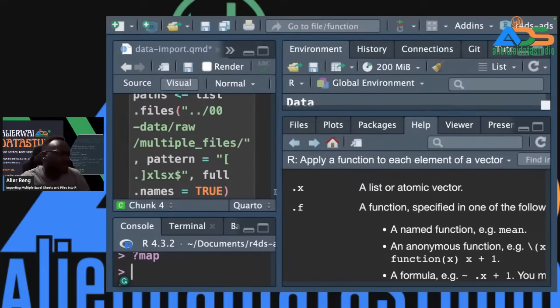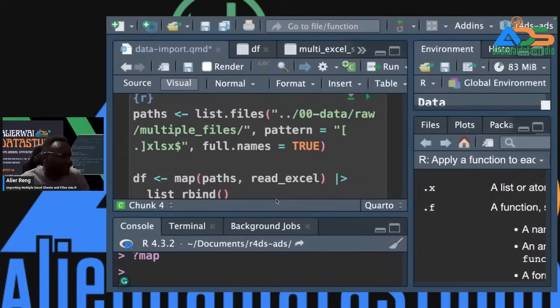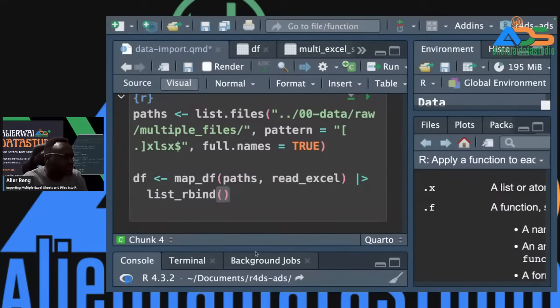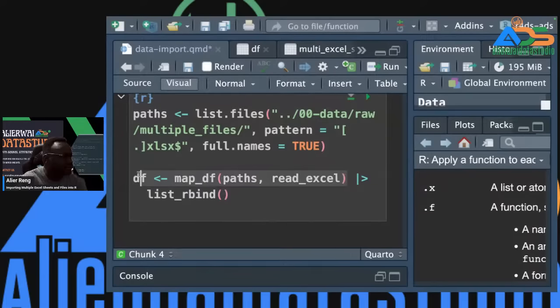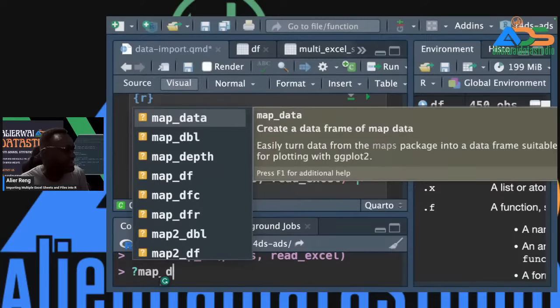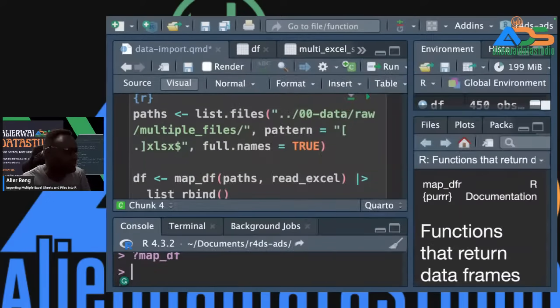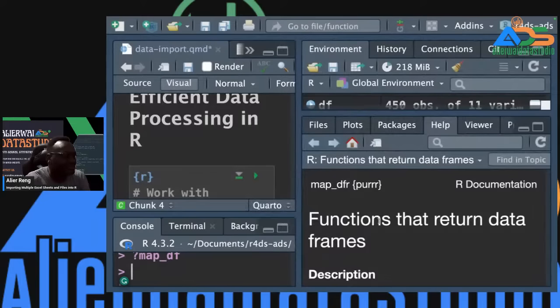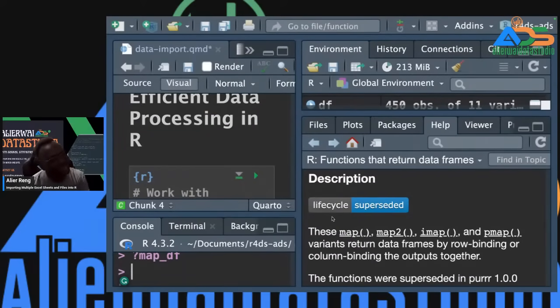There was map_df, but I think that has been superseded. Let's see. So let me try this. And that would give us the same. So map_df was a variant of the map function. But again, I think it has been superseded, or yeah, let's look it up. I don't want to misspeak. Yeah, so it has been superseded